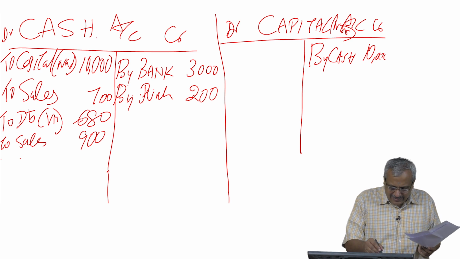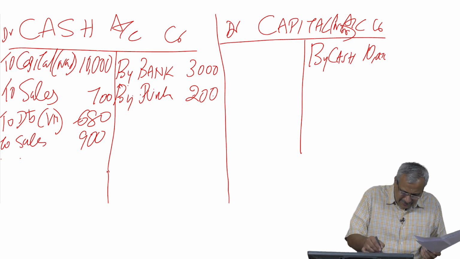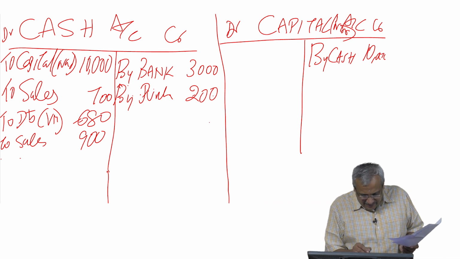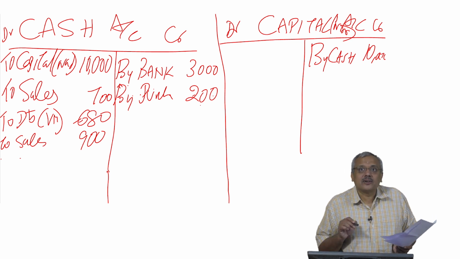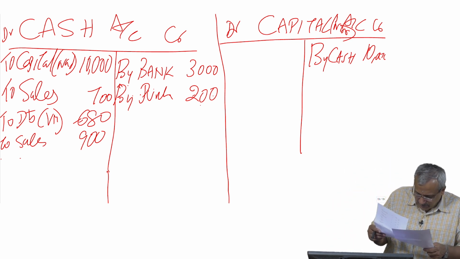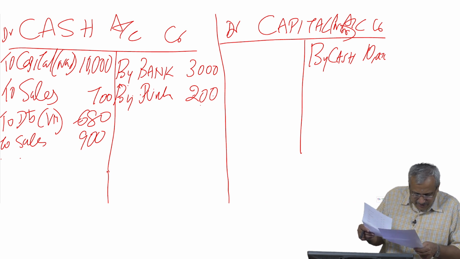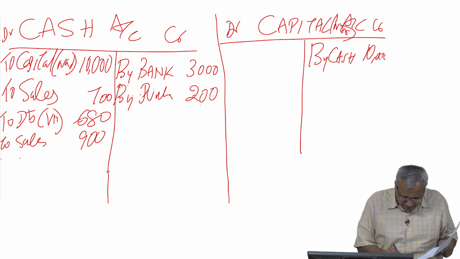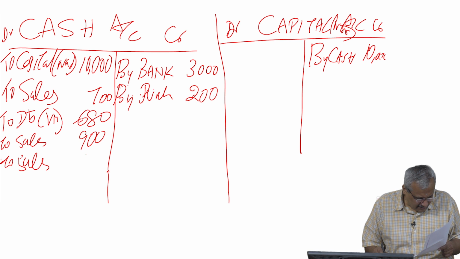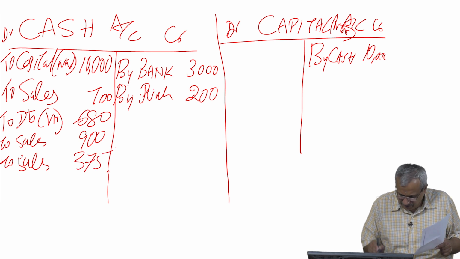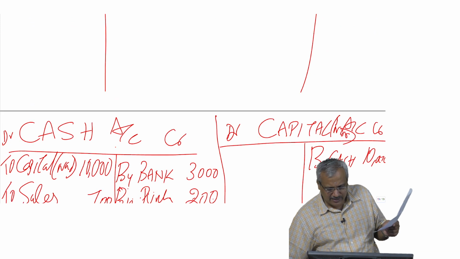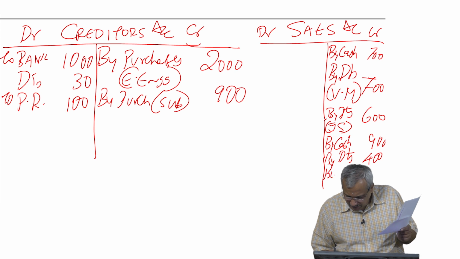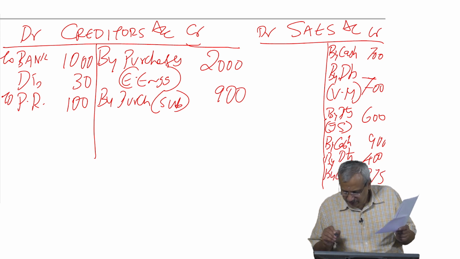So what is happening is that the debit side of the cash account holds all the cash balance, whenever capital is contributed, debtors are paying, etc. The moment cash goes out, it is recorded on the credit side. If you go to the next transaction, number 18, cash sales, what happens? Cash account debited to sales account, 375. Then I move to my sales account and write by cash, 375.